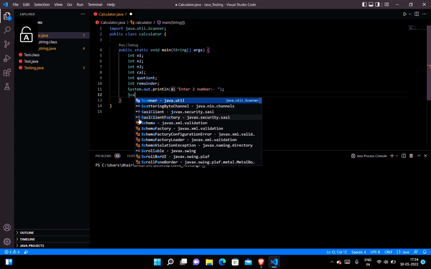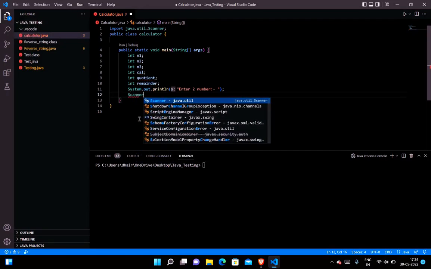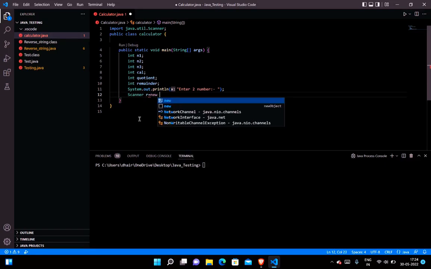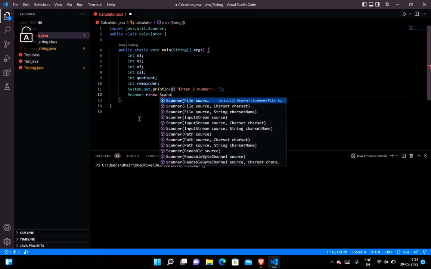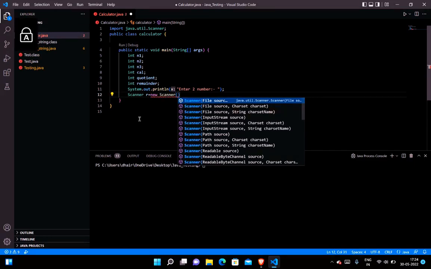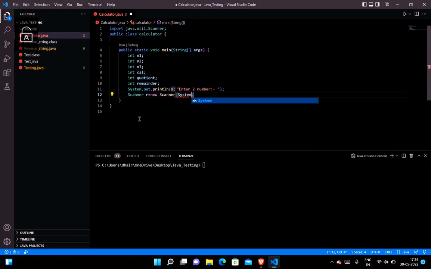Now we will write here Scanner r. Now we will name the scanner r. New Scanner, we are taking a new input, and then you have to take System.in, and